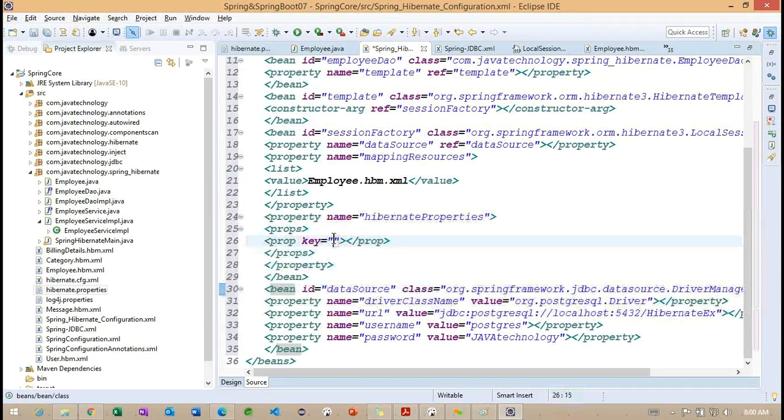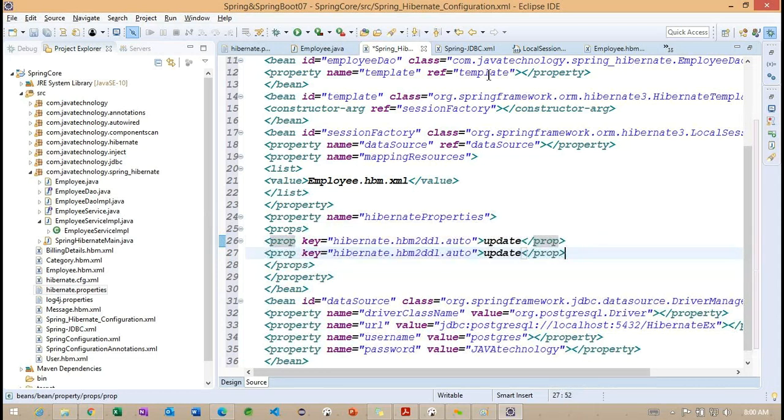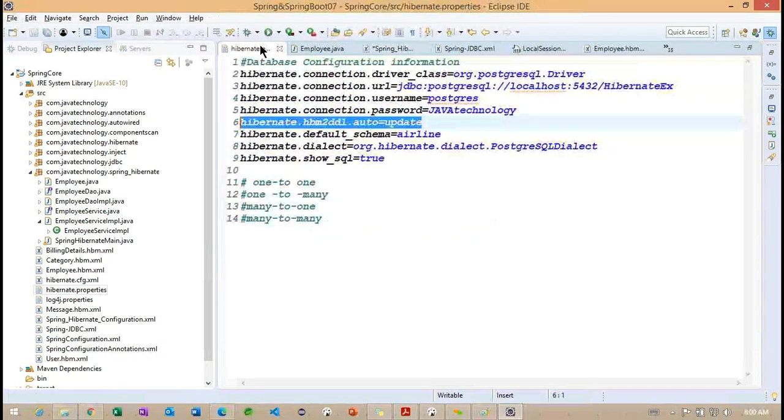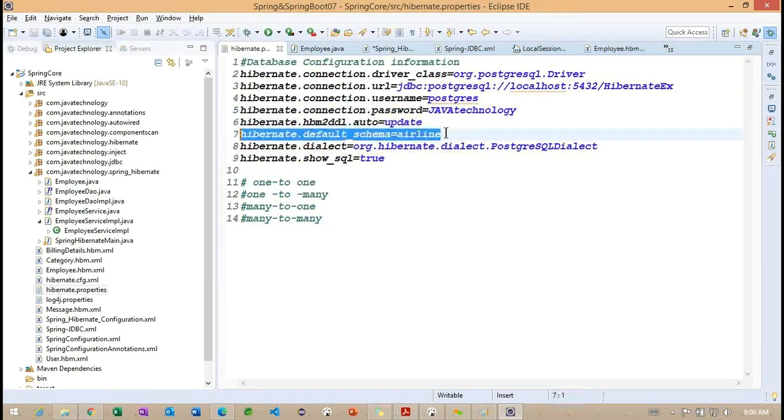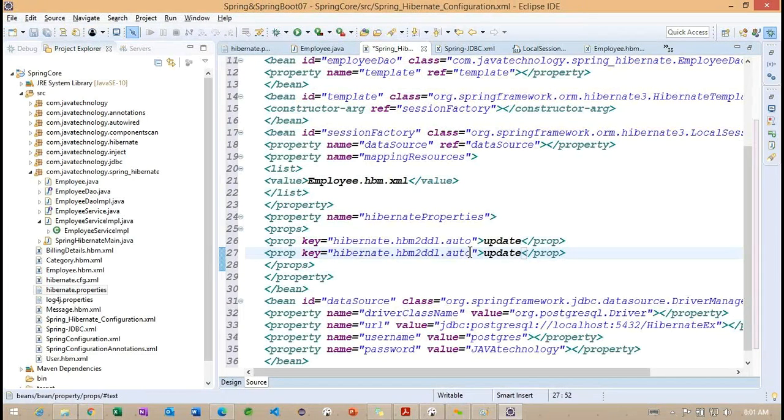First one, I want to work with HBM to DDL auto. So here we need to work with update. One more property. What is the one more property we are having? Schema.